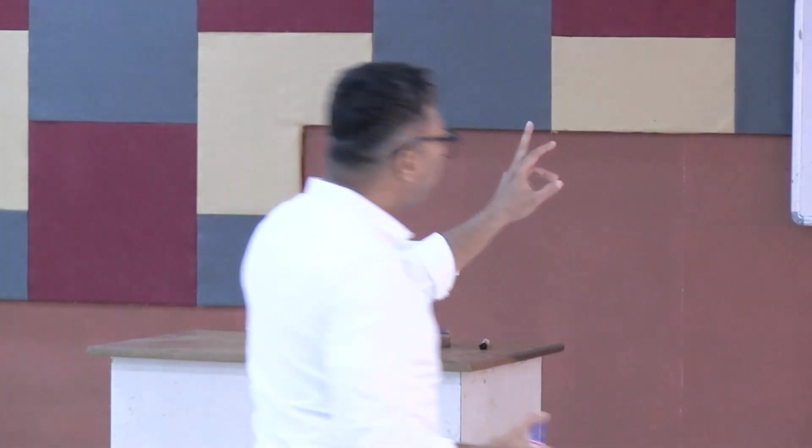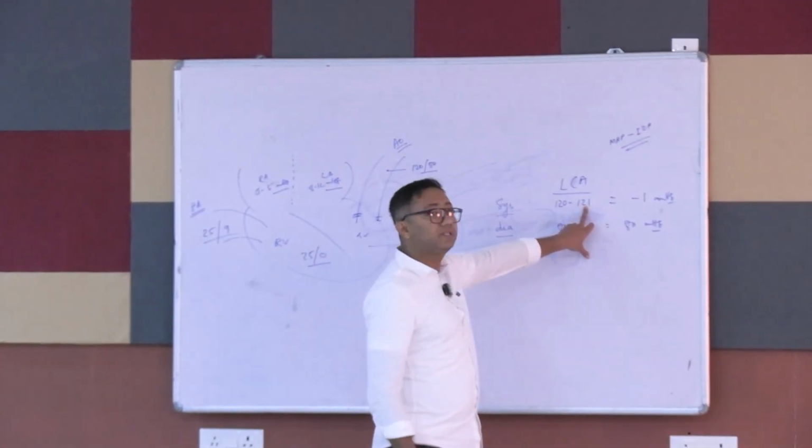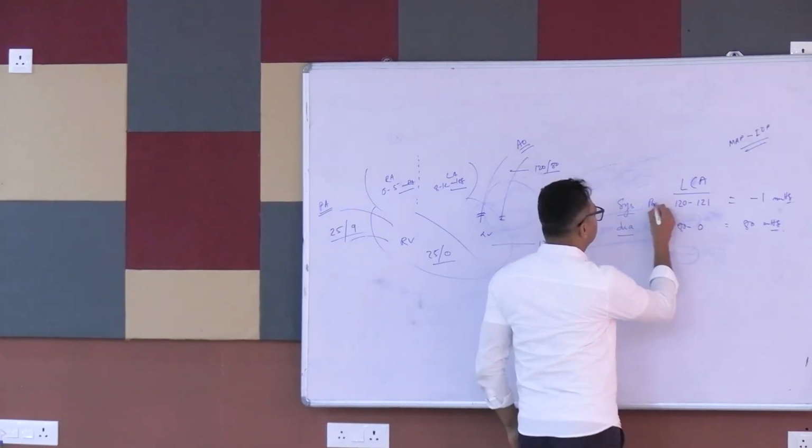mercury. With this pressure head blood is being circulated through left coronary artery and to left ventricle. So your left ventricle is getting adequate blood during diastole. Clear? So what I am calculating over here, this 120 minus 121, it is actually the perfusion pressure, okay, it is actually the perfusion pressure,